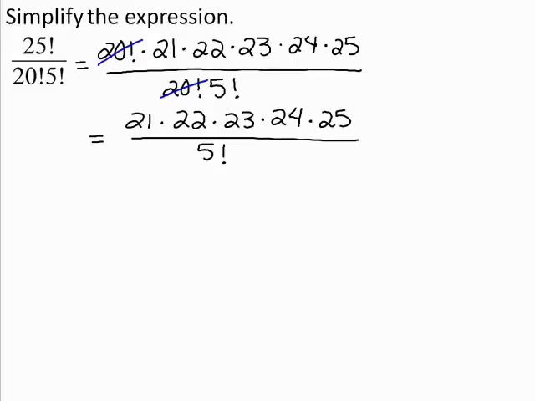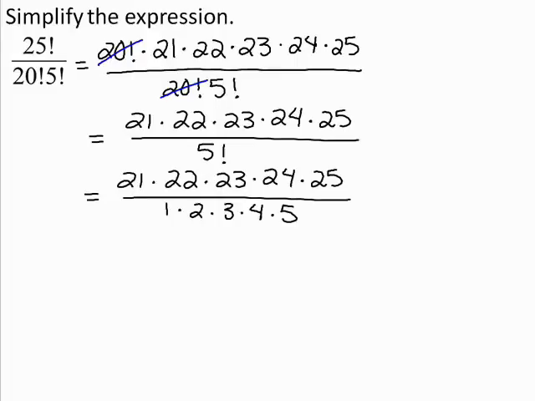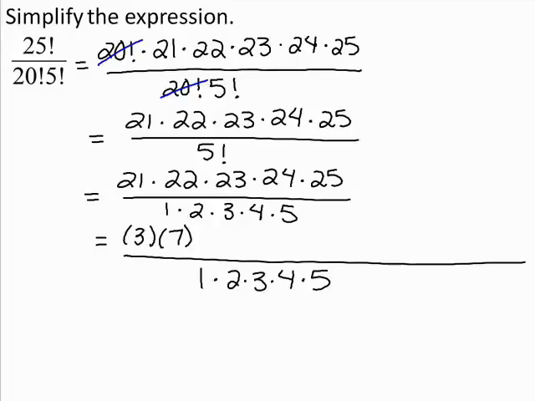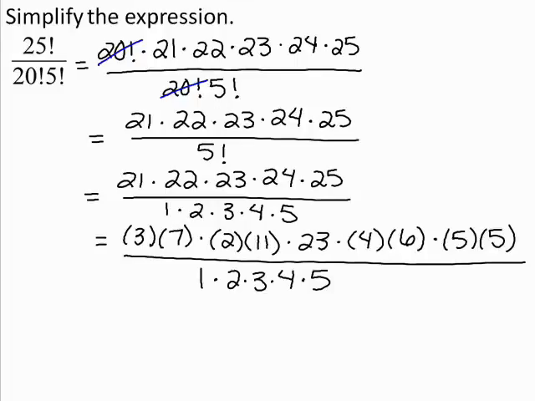Next, you can factor 5 factorial as 1 times 2 times 3 times 4 times 5. Now, in your numerator, you can factor 21 as 3 times 7, you can factor 22 as 2 times 11, you can factor 24 as 4 times 6, and you can factor 25 as 5 times 5. Now, notice that there is a common factor of 2, 3, 4, and 5 in both the numerator and the denominator. So you can divide out these common factors, leaving you with